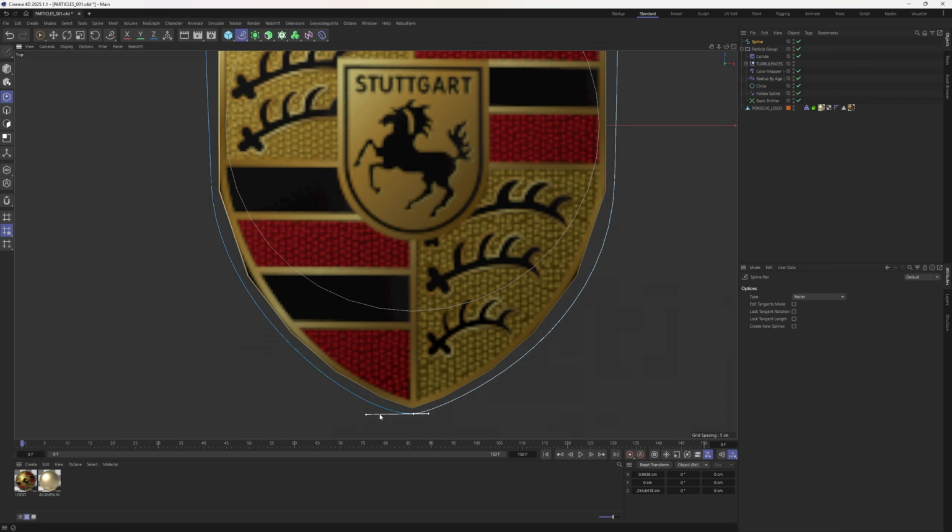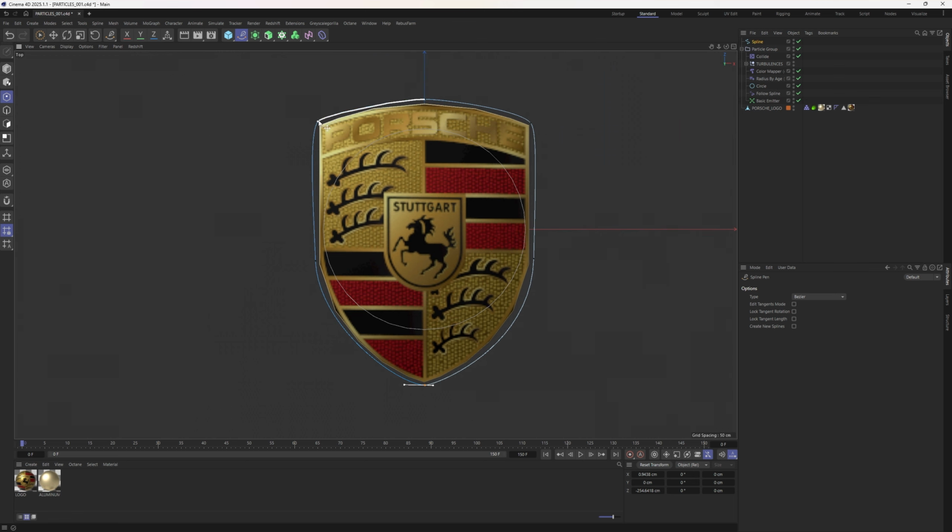Because like I said, we don't need the particles to follow the object super accurately, and even here I'm probably putting in a bit too much effort, but